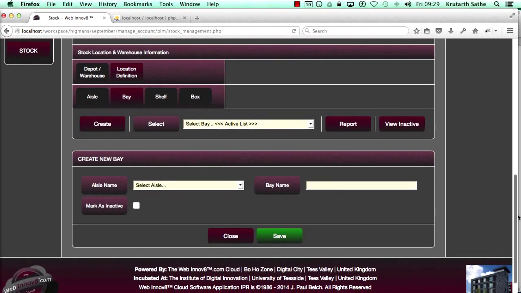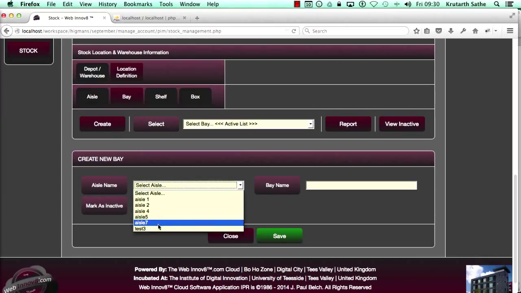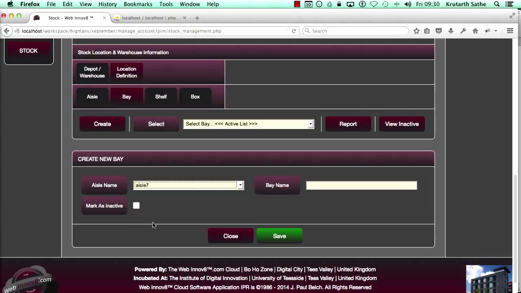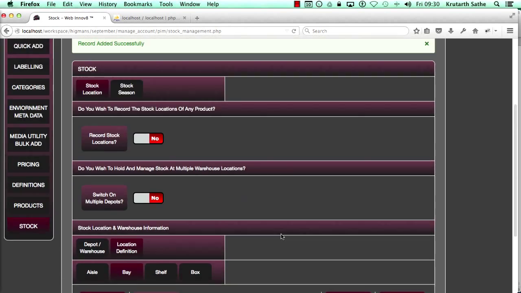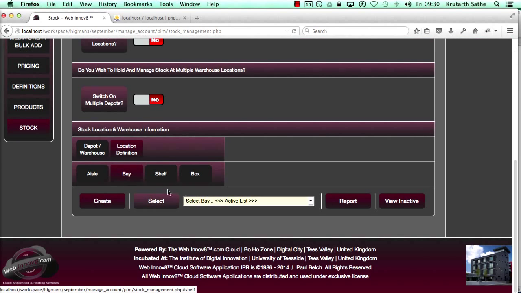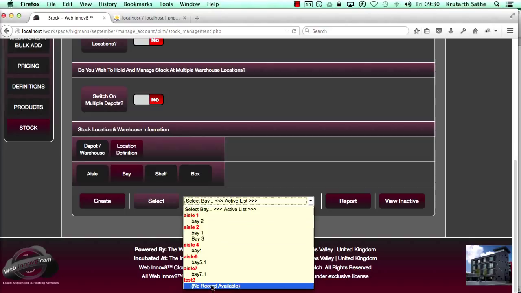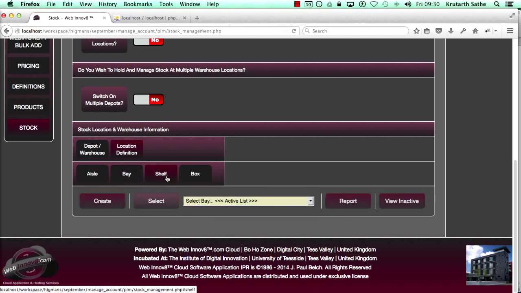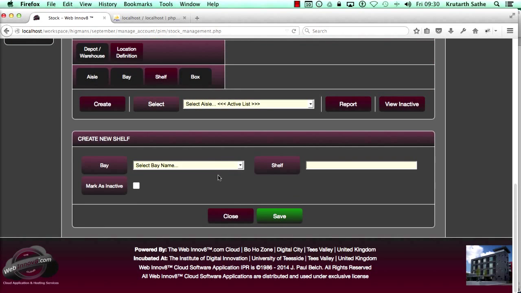So on the bay definitions section, that easel will get listed automatically. Now I'm required to enter a bay that falls under this particular easel, so I'll create bay 7.1. When I click save, it says record has been created, and I'll be able to see this particular record in this drop down list here. So under easel 7, bay 7.1 exists. Now I'll be able to see bay 7.1 here,